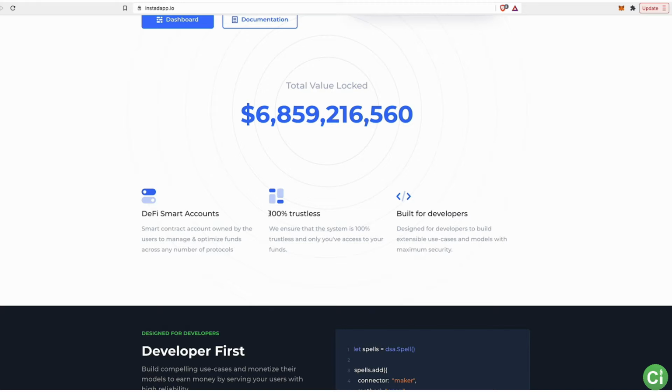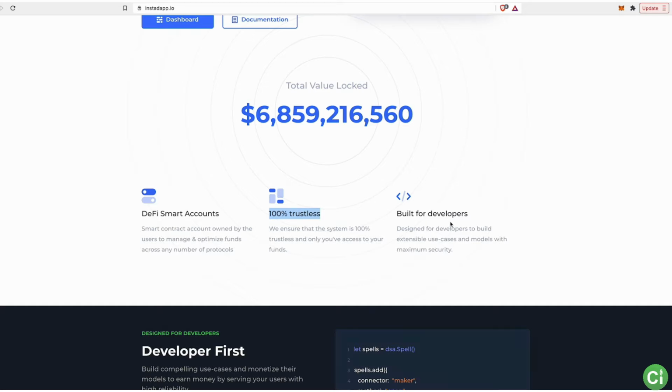But the big thing is it's 100% trustless. You are never giving your assets to InstaDapp or to CiMPLE or to anything else, right? You are giving it to your own smart account that you own and no one else can control. Unless you give them permission to control, there's ways to do that. But unless you specifically give permission, then nobody can control it except for you. It's 100% trustless, you own it, everything.